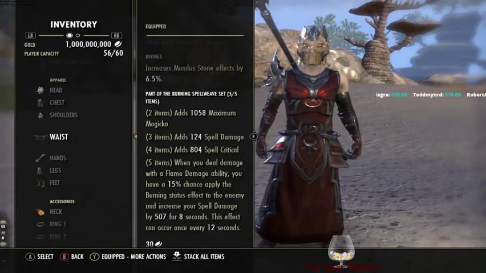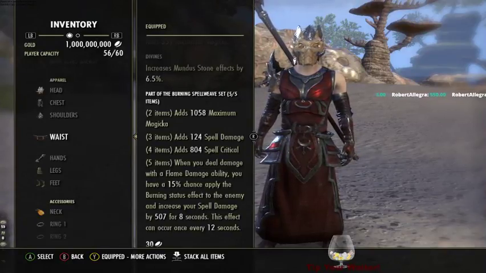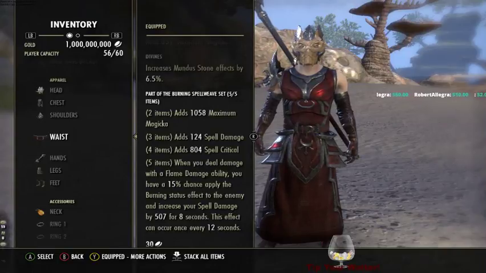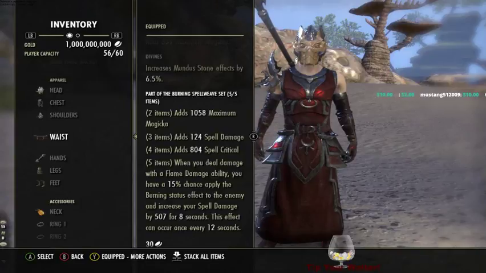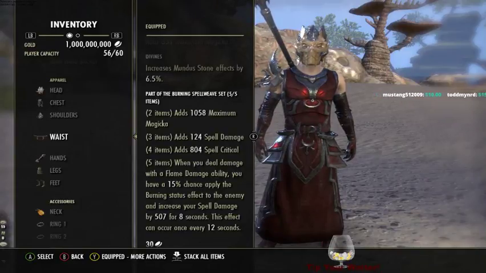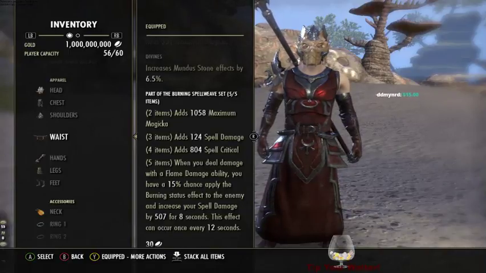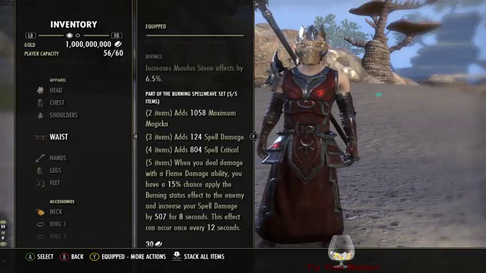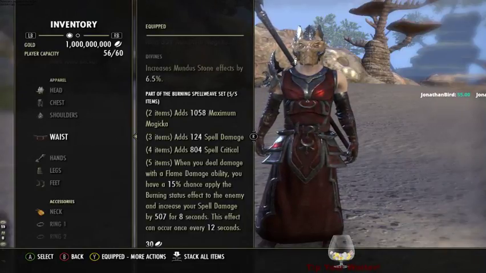So I'm going to be using flame damage abilities and effects to proc the Burning Spell Weave. Okay, and once again, Burning Spell Weave is going to give me what? The third critical I need. So it's critical that I have this laid out in this format so I can get enough critical values for the build. Just a joke. Whatever. Anyways,